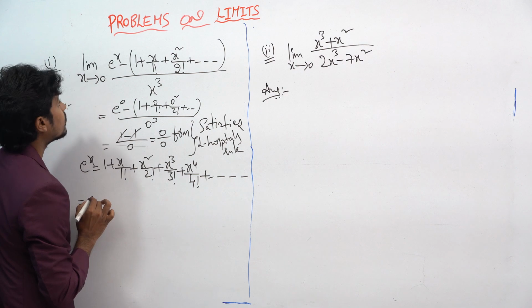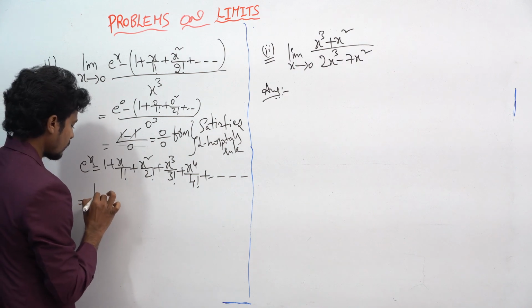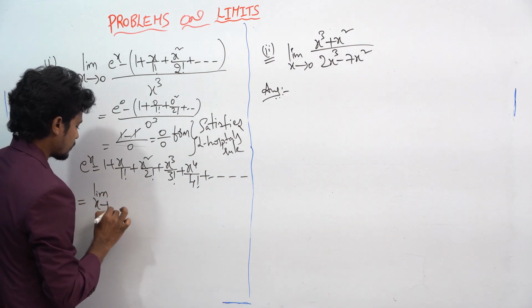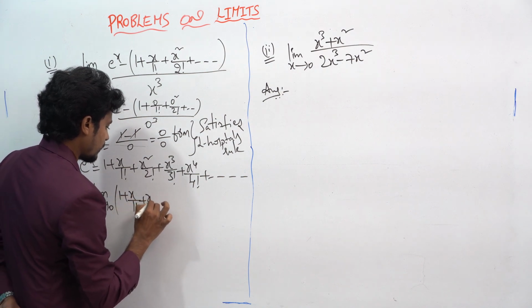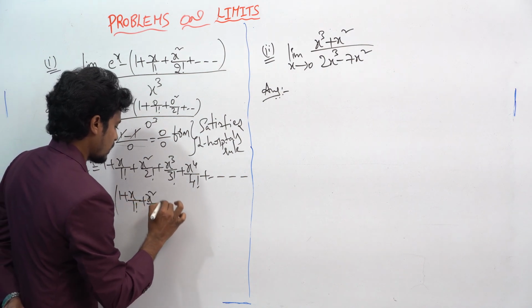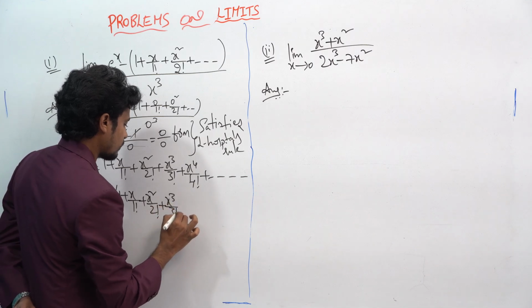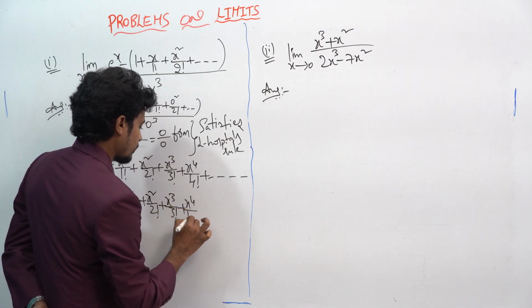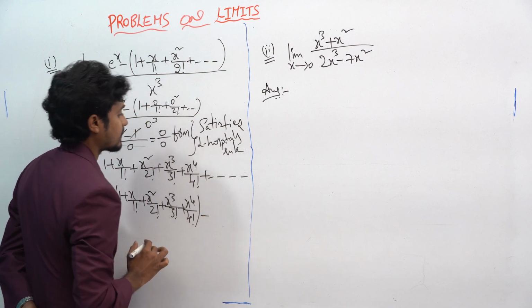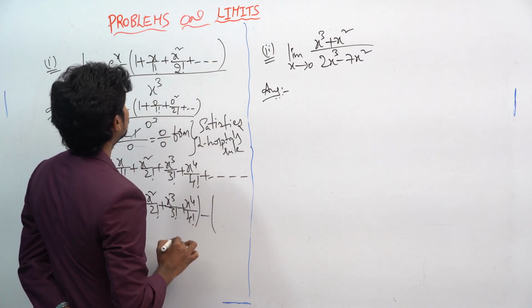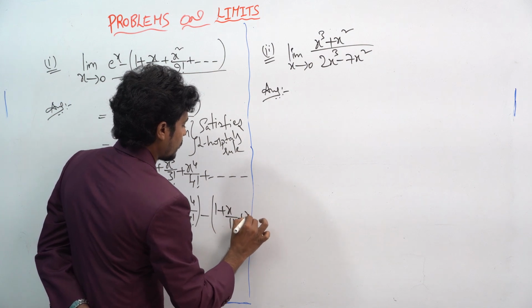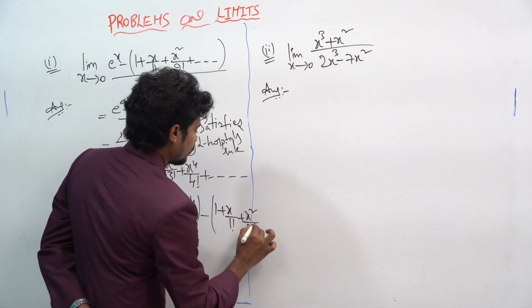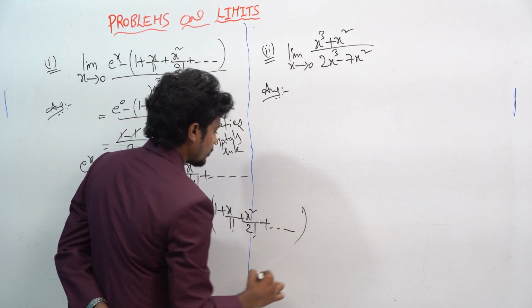This becomes limit x tends to 0 of 1 plus x by 1 factorial plus x square by 2 factorial plus x cube by 3 factorial plus x power 4 by 4 factorial minus 1 plus x by 1 factorial plus x square by 2 factorial plus so on,